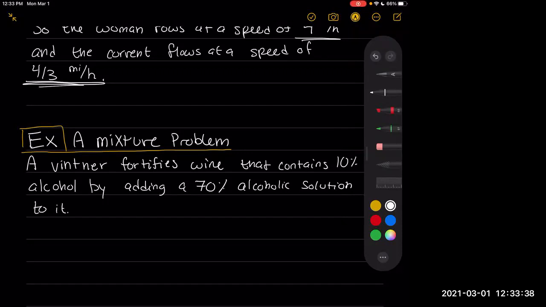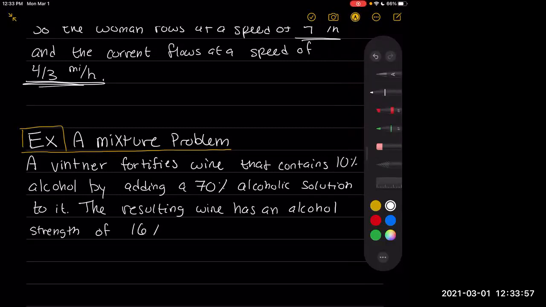The resulting wine has an alcohol strength of 16%